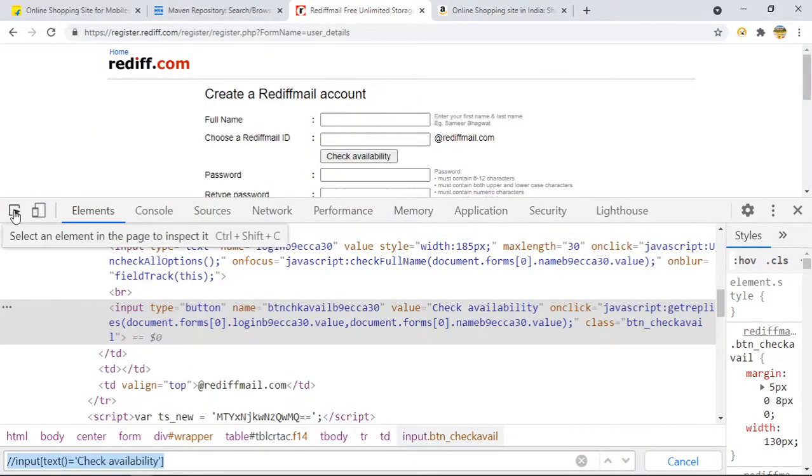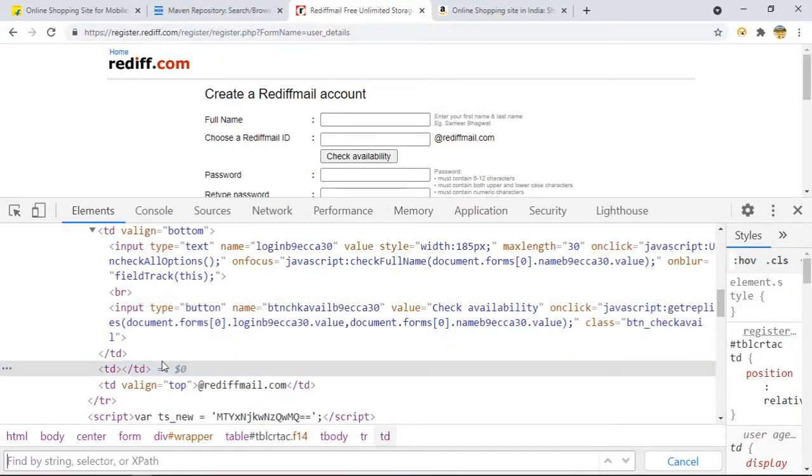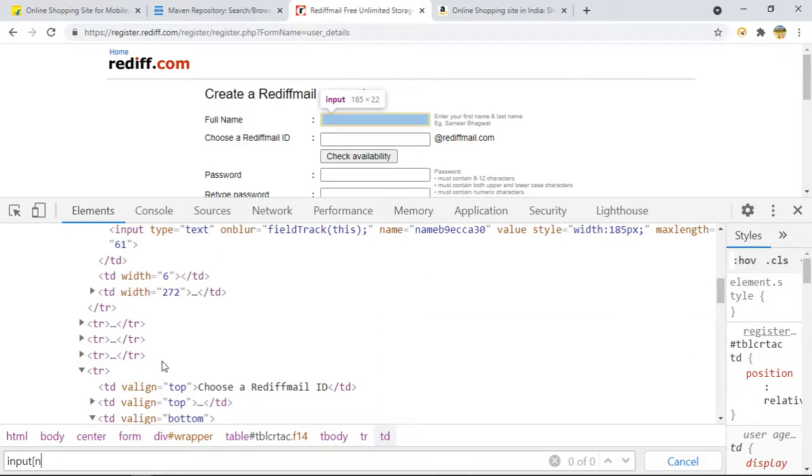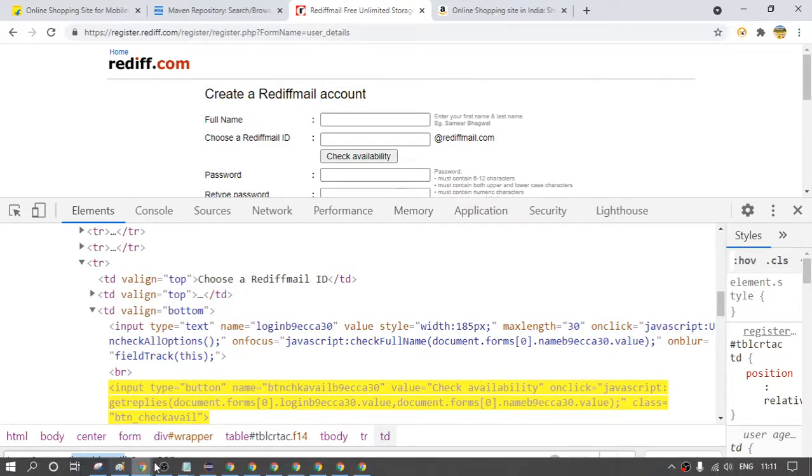So as you know, these values keep on changing. Suppose I am working with xpath, so I can write xpath as input name equals to this, right? Unique element, but this value will keep on changing. So if I know that this part is constant, I can write starts-with, but as it is a